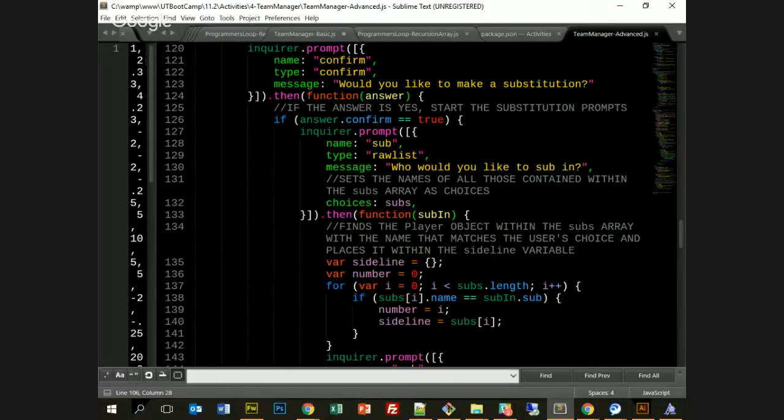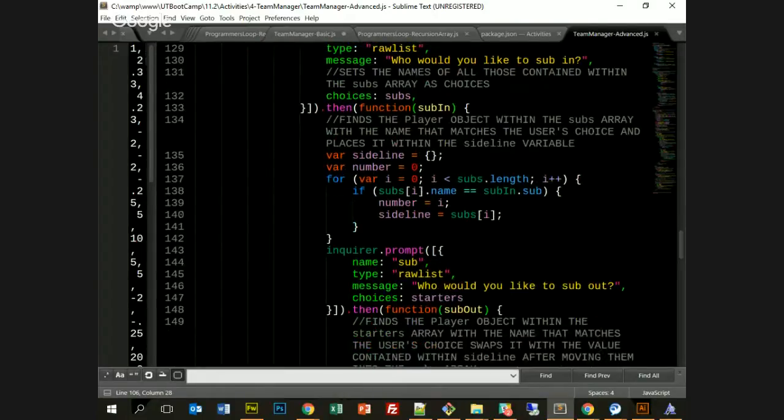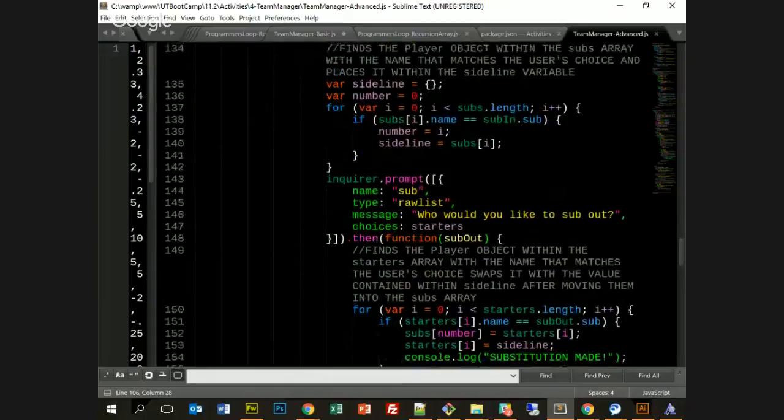And if subs name equals the one that we're trying to sub in, then we can definitely say it's equal to i, sideline, and set it to the subs, okay? Does that make sense? With the new sub in it. Then when we're saying Inquirer prompt, who would you like to sub out? And again, we're using choices, we're using that starters array. And then what it's doing,